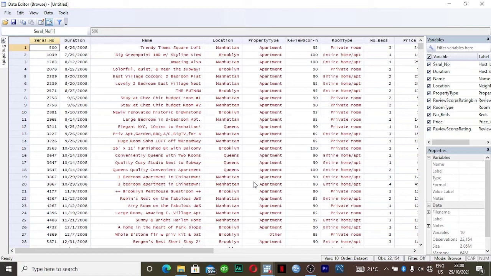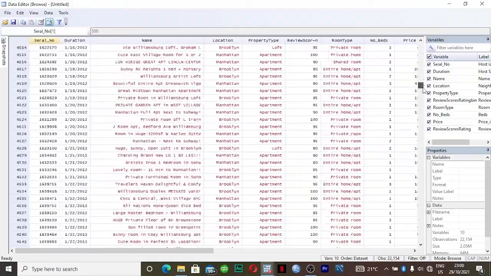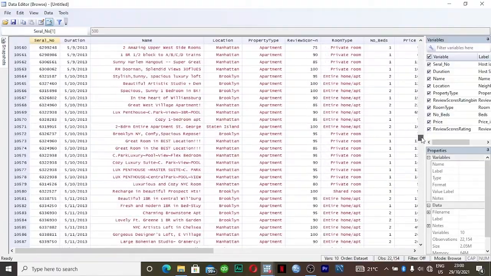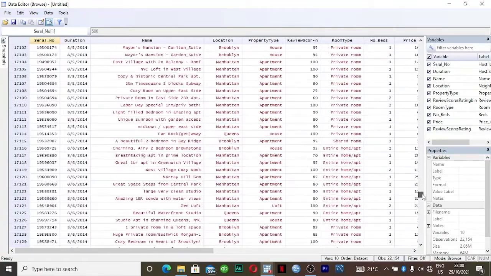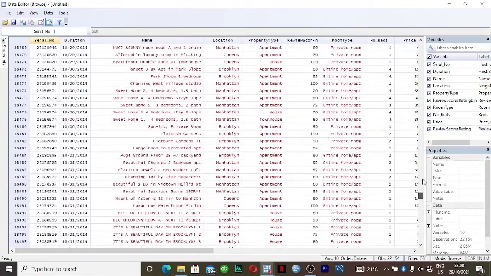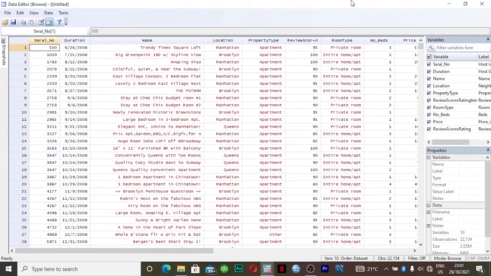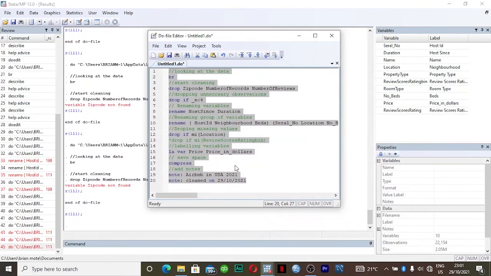Assuming you are recreating something, it is very easy to redo it. As I've said, data cleaning can be messy. Therefore, you need to do this in the do file, so that in case of anything you can redo what you have done, or what you regret doing.